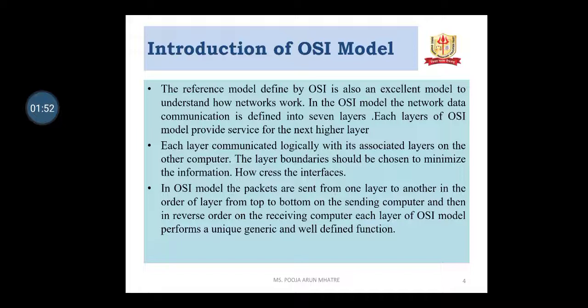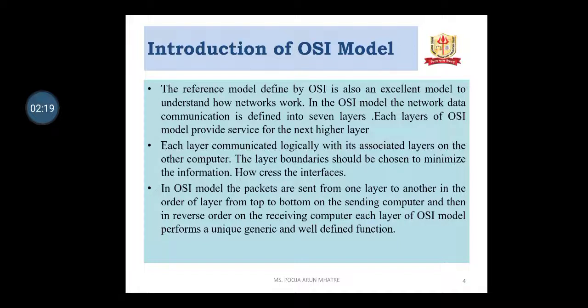In the OSI model, the network data communication is divided into 7 layers. Each layer of the OSI model provides service for the next higher layer, and each layer communicates logically with its associated layer on the other computer. The layer boundaries should be chosen to minimize the information flow across the interfaces.